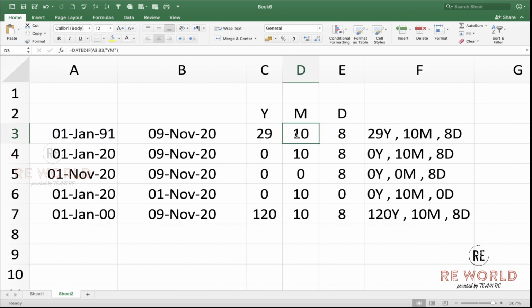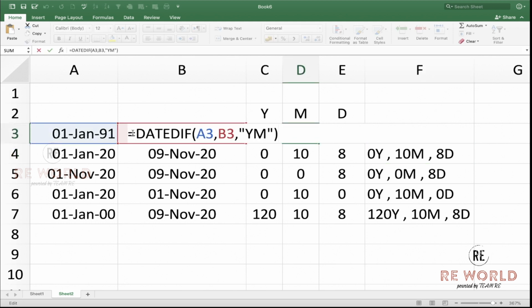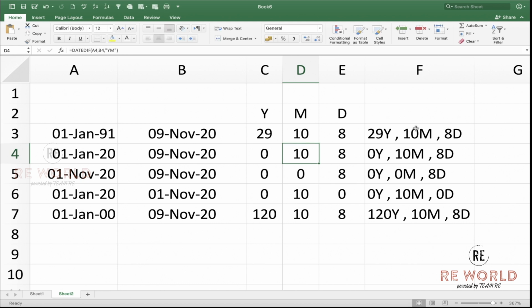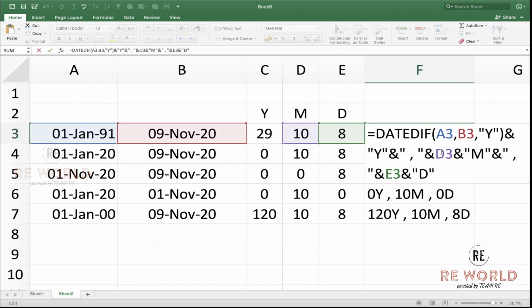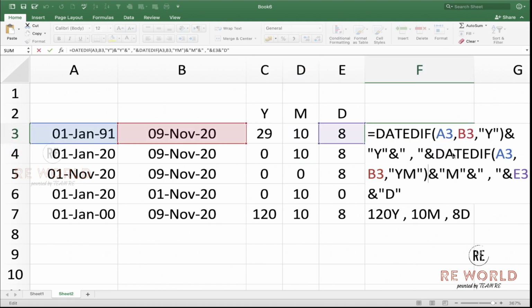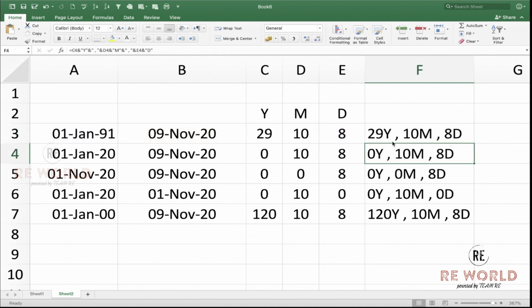From column M cell, remember don't copy the equal sign with it, Control C, and this D3 replace with that formula, right?